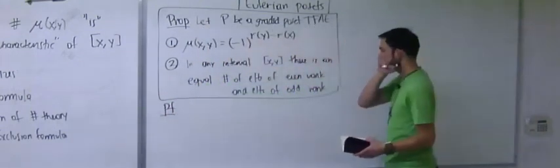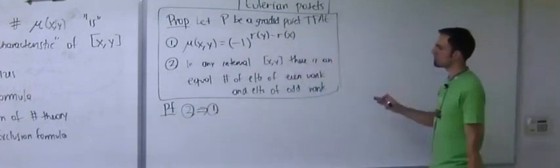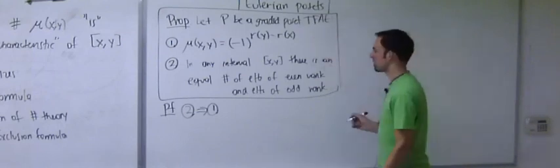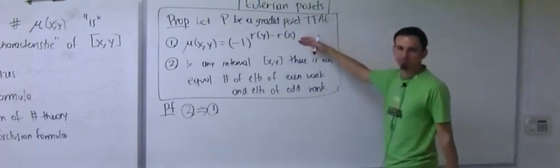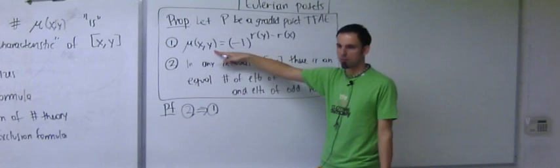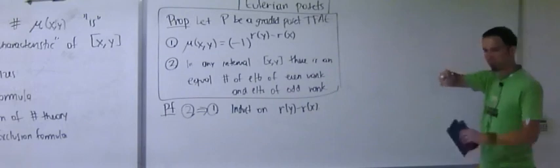Proof. Let's show that 2 implies 1, which is the main thing we're interested in, because by proving 2, which you will do in your homework, we will get 1, which is what I'm claiming. How do you prove something like this? Basically, these things are defined recursively, and so it's very natural to try to prove this inductively, because this number is defined in terms of smaller ones. So let's induct on the difference in ranks between x and y.